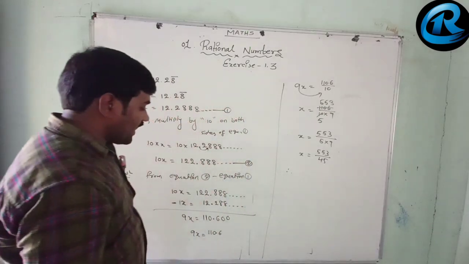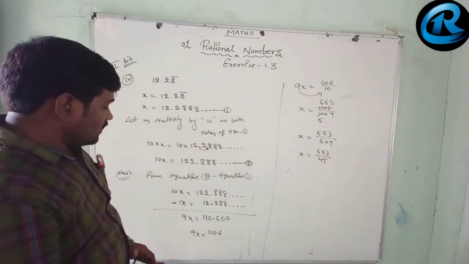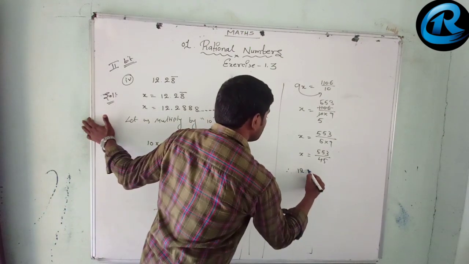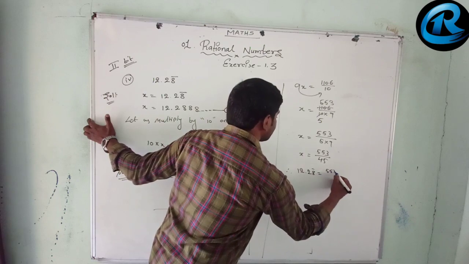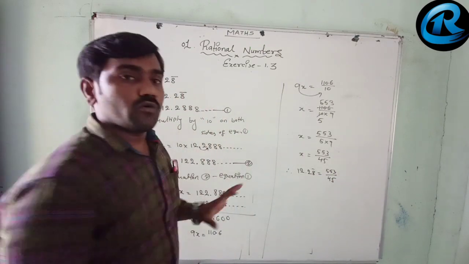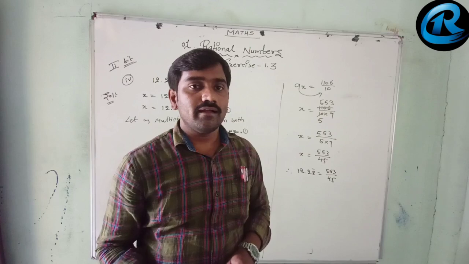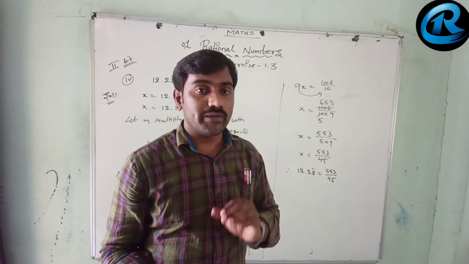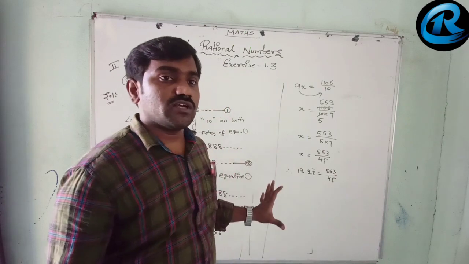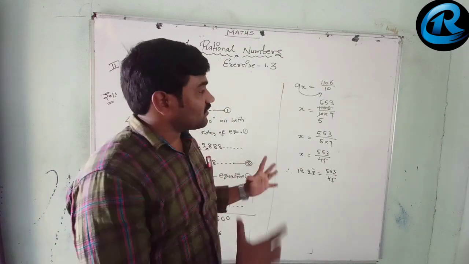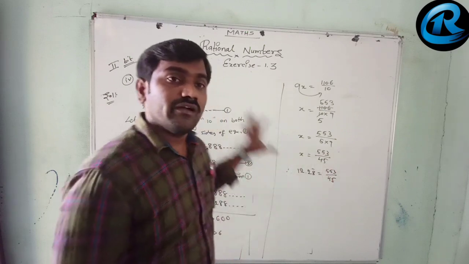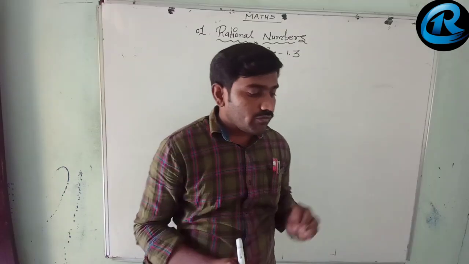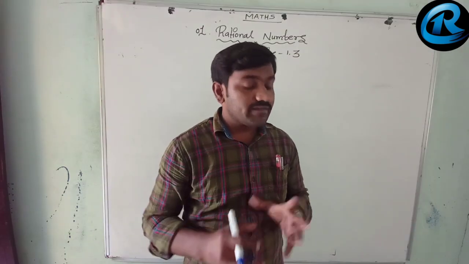Therefore, we can now write that 12.28 bar equals 553 by 45. I hope you understood this second bit, how to do it. For non-terminating repeating decimal numbers in the form of P by Q, we have to follow the same procedure to complete. There will be a shortcut for this, how to get the direct answer from the question, that I will reveal to you in your further classes. Now we discuss the 11th question.